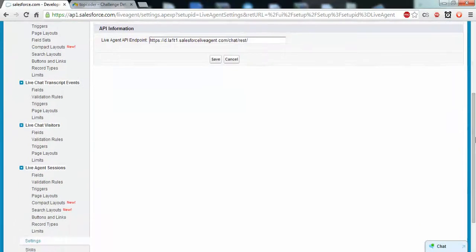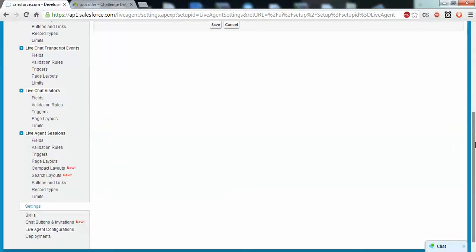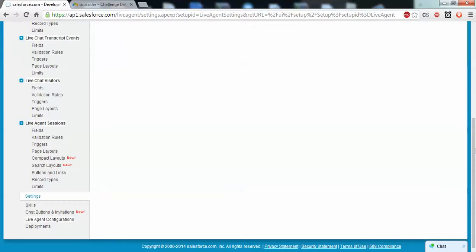Once you have enabled this, you will see a lot of options like Live Agent Session, Live Chat Visitor, and Live Chat Transcript Events. Transcript events: whenever a user tries to accept the chat session, or if a Live Agent rejects or declines, everything is stored in a new record. Live Chat Visitor will store all the visitors' information.